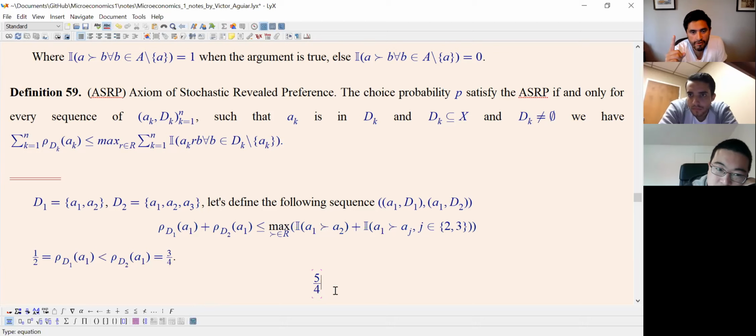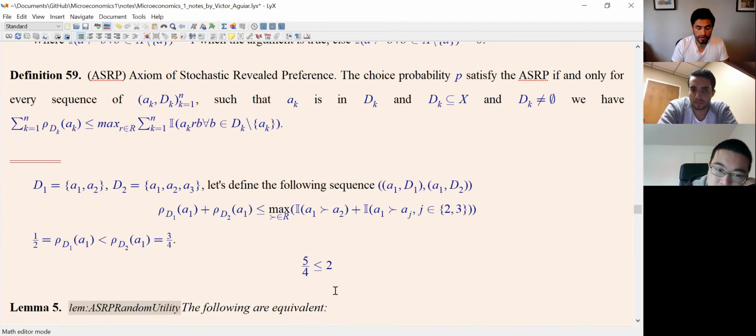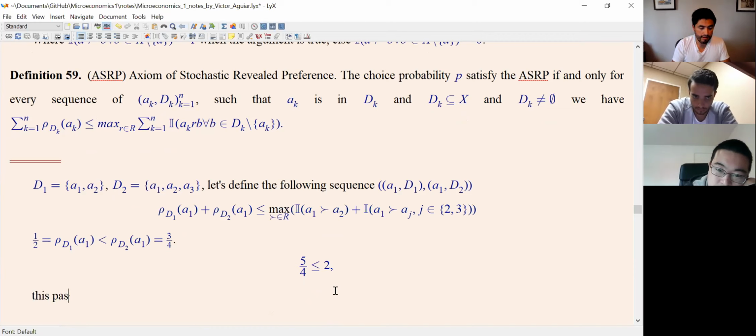So eventually we'll find one sequence for which this would fail. That's what the theorem is telling you. But I hope you visualize what's going on. For this particular sequence, I can of course find one ranking such that A1 is the best. So this passes, but there should be another sequence